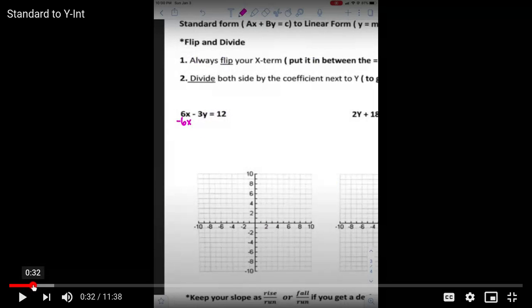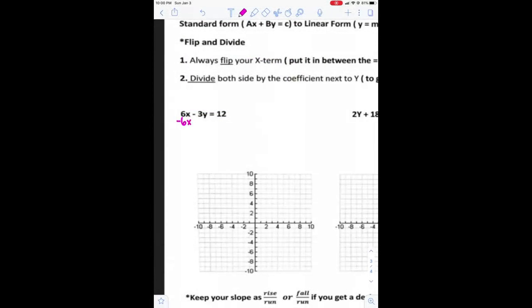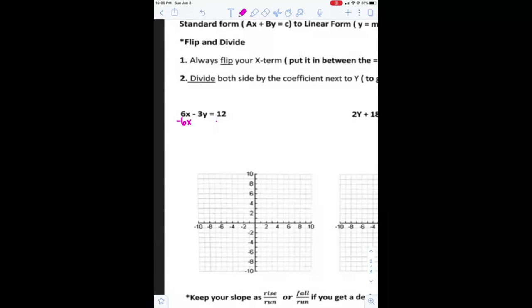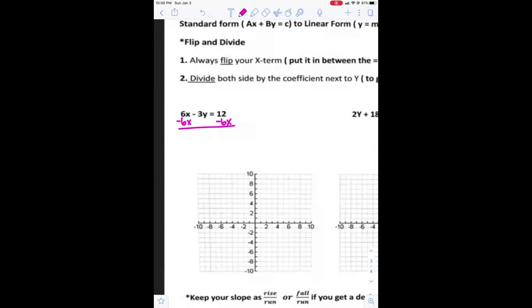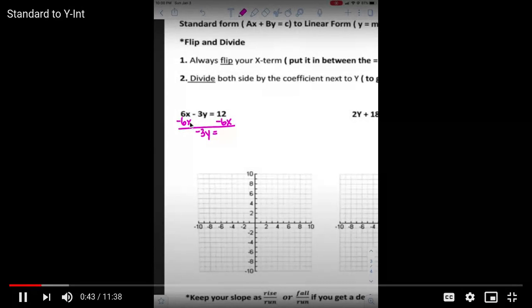So now I'm going to work out some examples for you. So here I have 6x minus 3y is equal to 12. My first step here is to subtract that x term. So I'm going to subtract 6x from both sides. Remember on the left side right here, they'll cancel out. So I'm left with just negative 3y. And over here,